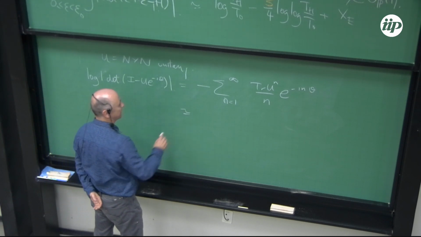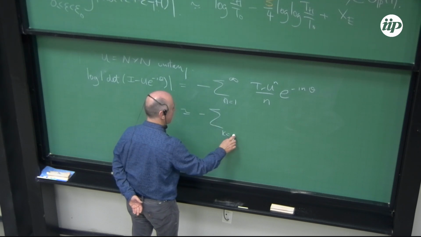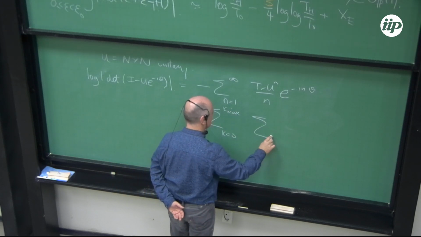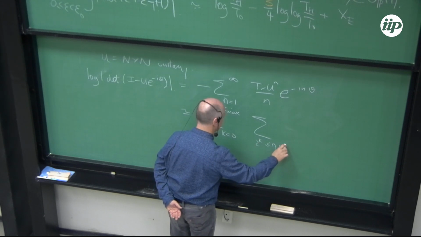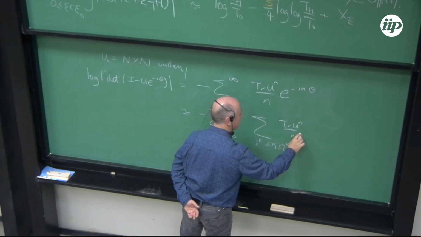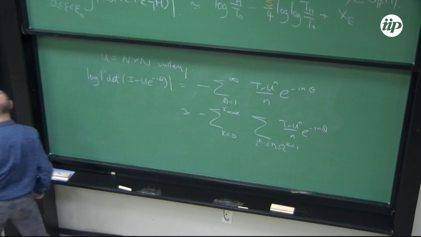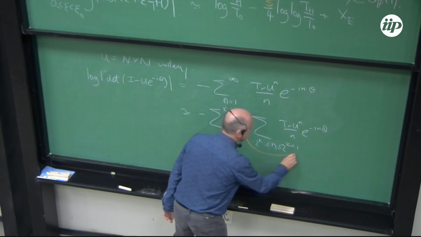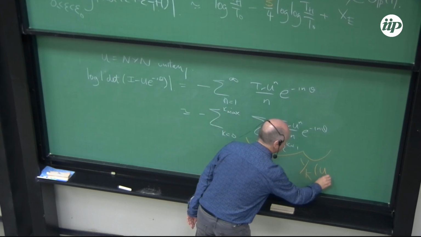You can imagine splitting this up into intervals, etc. And if we call this quantity here Y_k of U and theta,